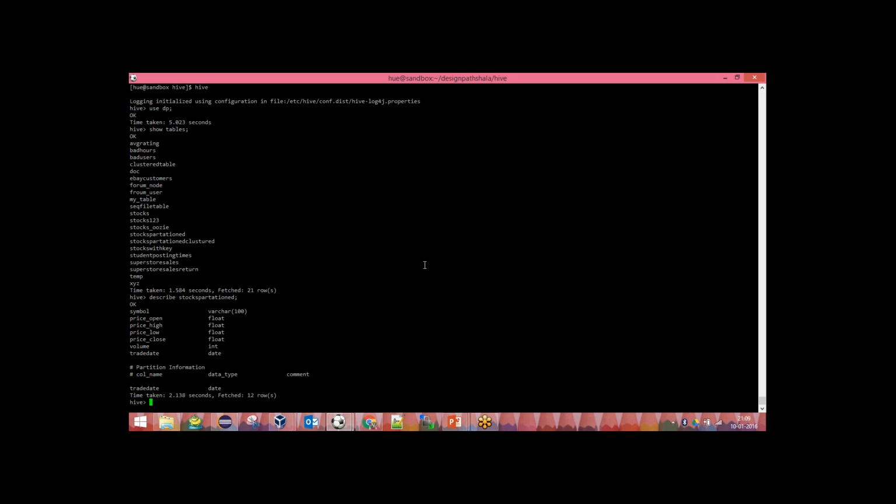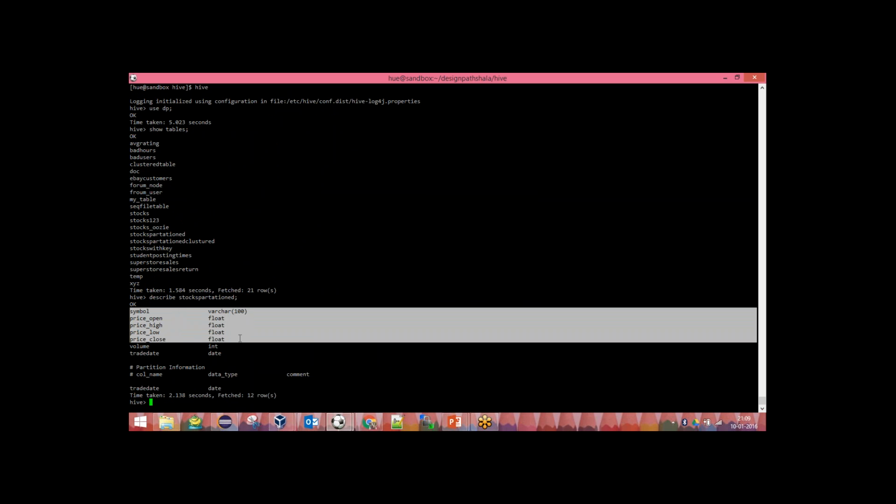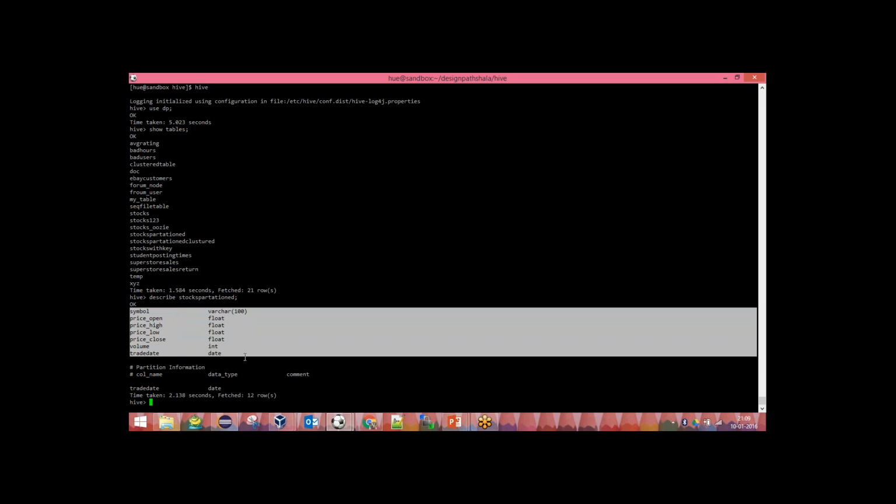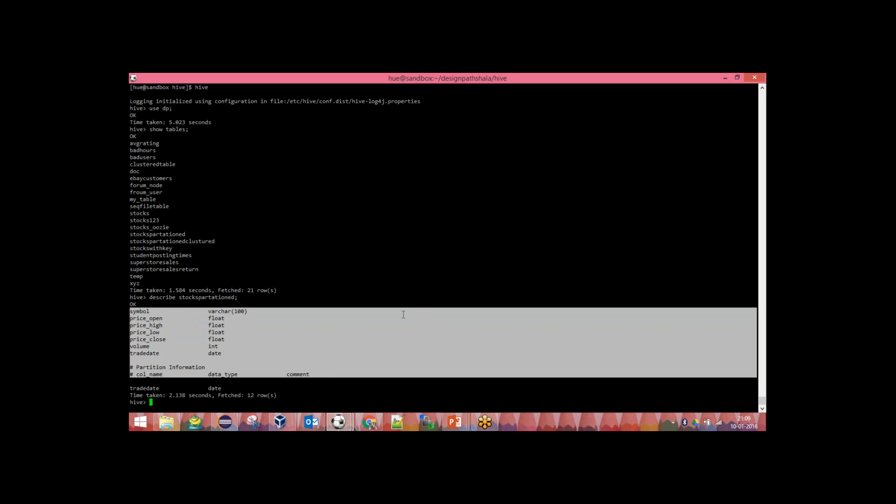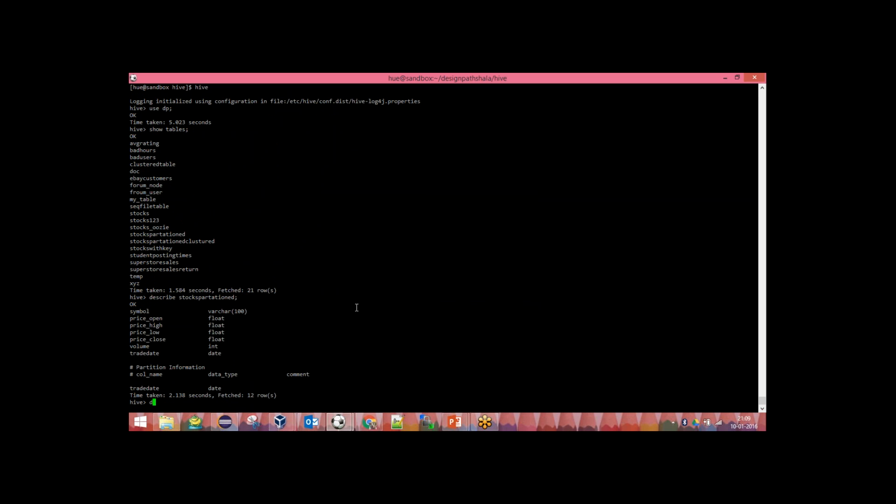if I say describe table name, it shows me the table description. These are the columns in the table. This table is partitioned by so and so column. And if I say describe extended,